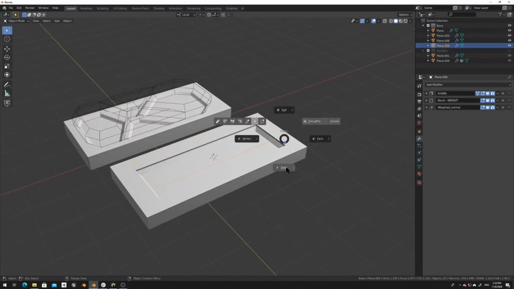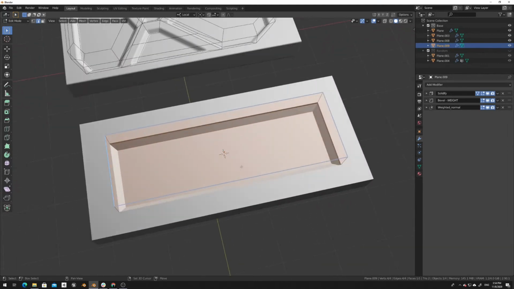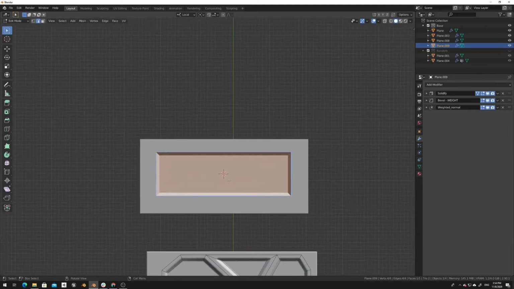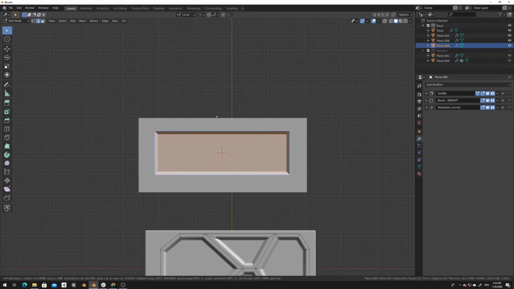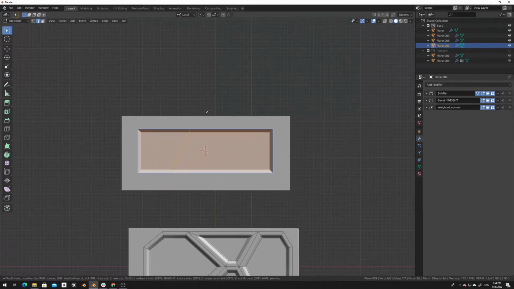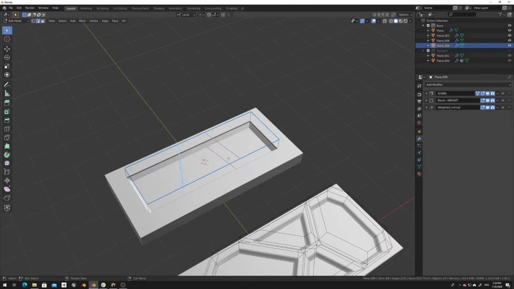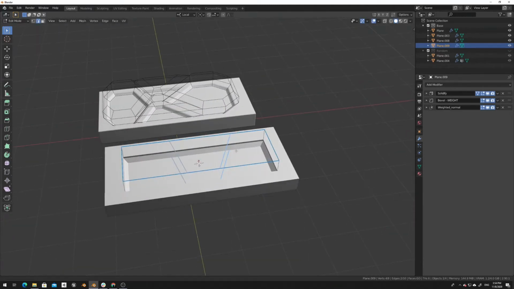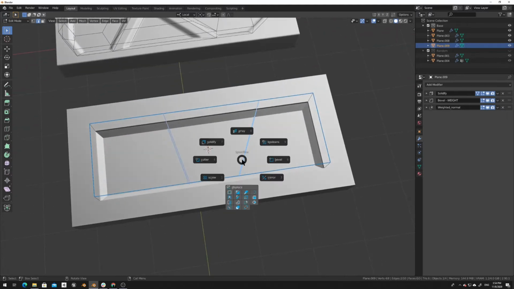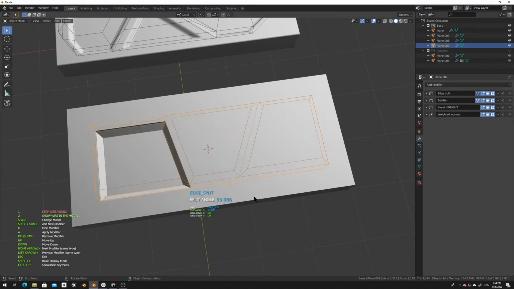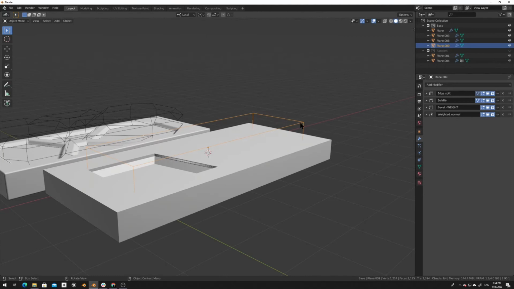A few more modifiers that we need: the split modifier. Split we will use for the middle lines. We will cut them by hand and place a bevel weight here. We see that nothing happened. That's why we need a split modifier for this edge and place it on top of the solidify modifier. We see that our shape